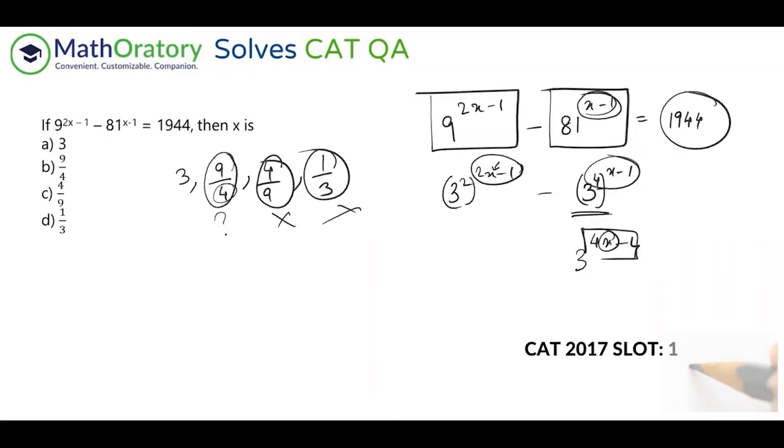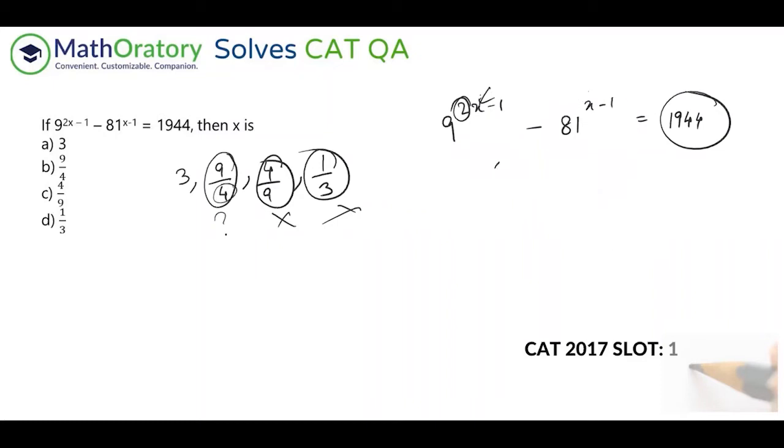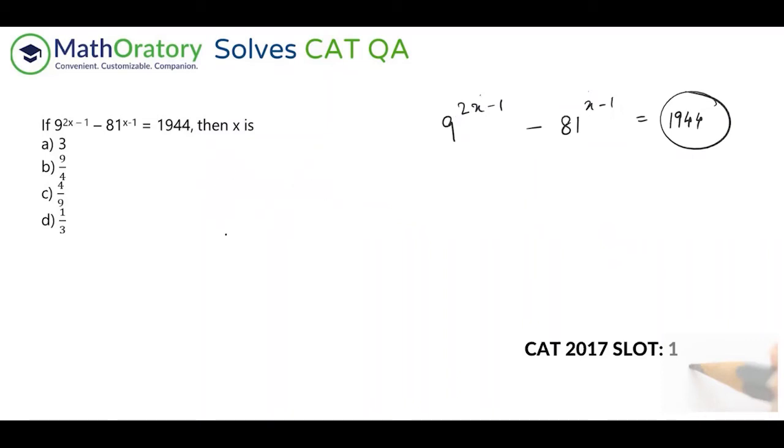And even in this case, because of the 2 that we have here, once you multiply the x, if you substitute 9 by 4 in place of x, because of the 2, you have just 2 in the denominator, right? So 3 square raised to something by 2 effectively is an integer power. So again, that issue doesn't matter. So 9 by 4 is feasible. So basically what I'm trying to say is, without even writing all of this, if you understand this idea, you would be able to figure out that a couple of options, C and D, are not even feasible.